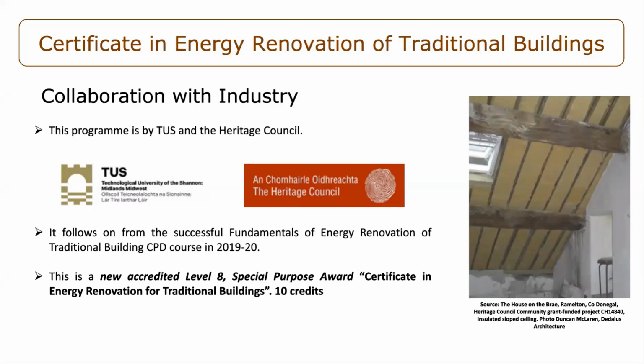And this is a special purpose award, and it has 10 credits. So it's over 2 semesters. There's also CPD being allocated to this. We've organised this already, with strong cooperation. So CPD is also provided by relevant professional bodies, and we'll confirm these as we go along. When you've registered, we'll tell you where you get your CPDs from, because I think all professional bodies are going to approve the CPD as well on that. So if we move to the next,